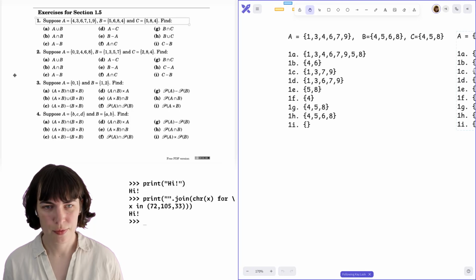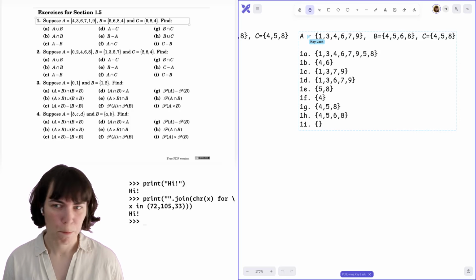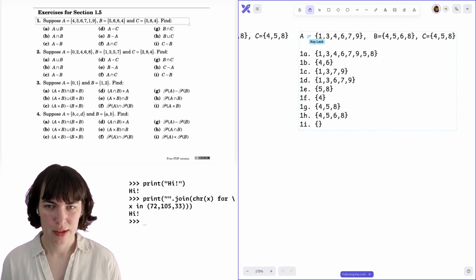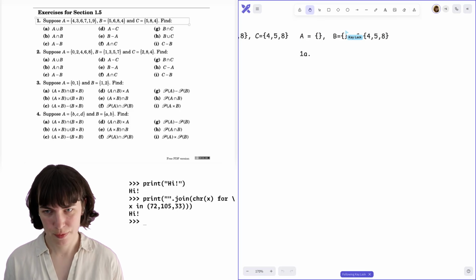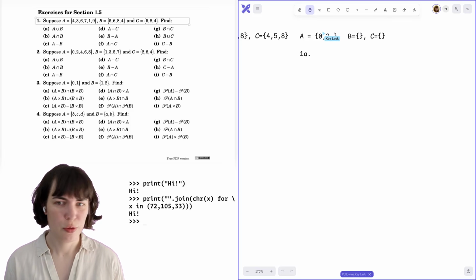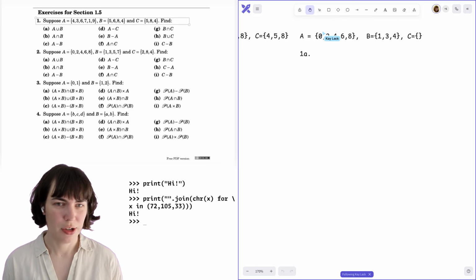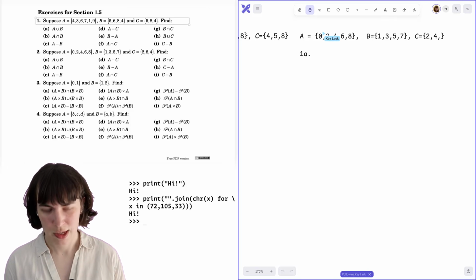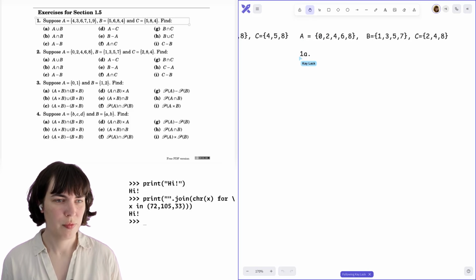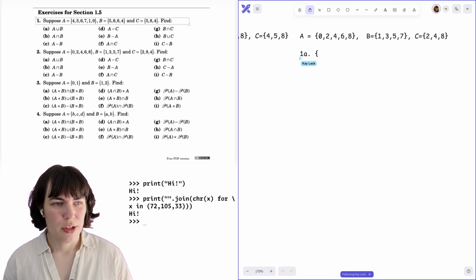Let's move over. We've got some different sets now. We've got 0, 2, 4, 6, 8, 1, 3, 5, 7. So we've got odds and evens. And we've got powers of 2. In theory, this will allow us to cheat a little bit. Okay, so odds and evens